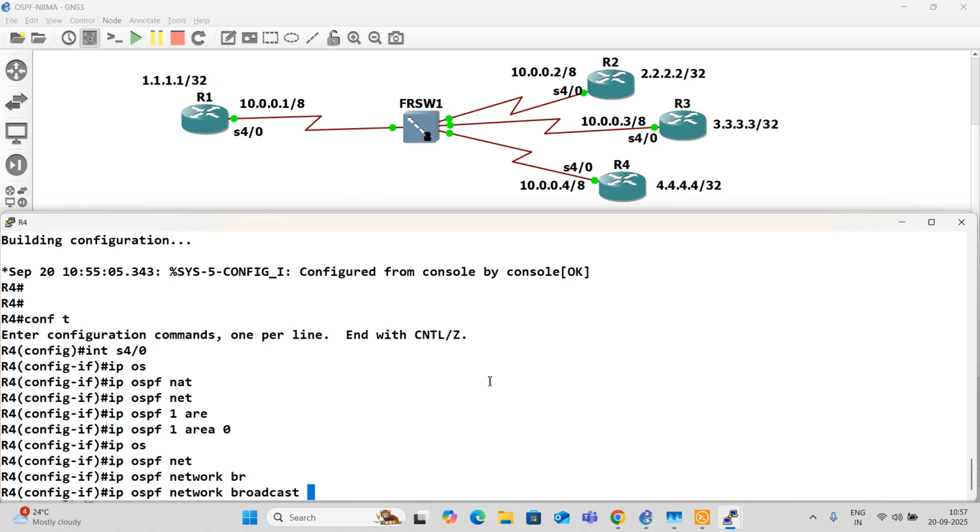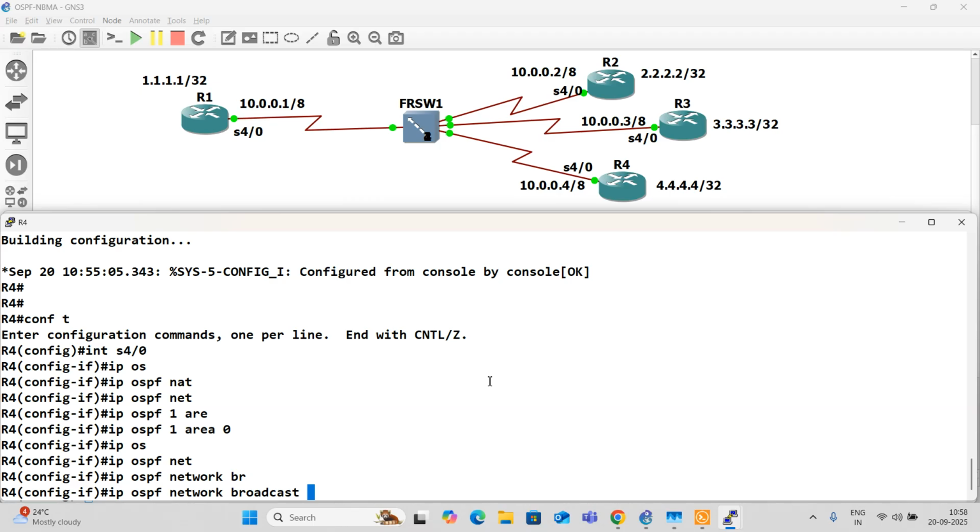Remember, there is going to be a DR-BDR election. And also, we need to make sure that it is fully mesh. It's not really fully mesh. If you want to go for this, you need to make sure you have full mesh before you do that. But it is okay. We are in the lab environment.